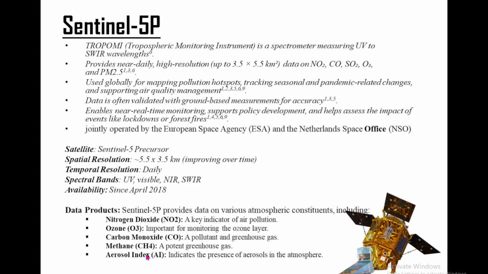The satellite completes one orbit every 100 minutes. Every 100 minutes, this satellite, Sentinel 5P, is completing one orbit, offering global coverage once per day. That means in one entire day, it is covering the entire planet, because of which we have the data available. With all this, we must have already known that Sentinel 5P has become an indispensable tool in atmospheric research, environmental policy making as well, and also climate science.